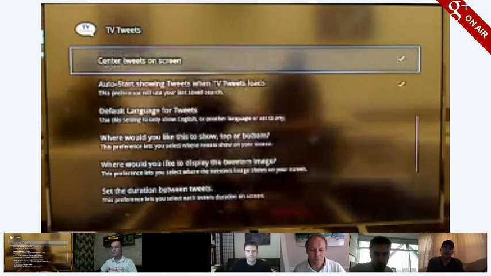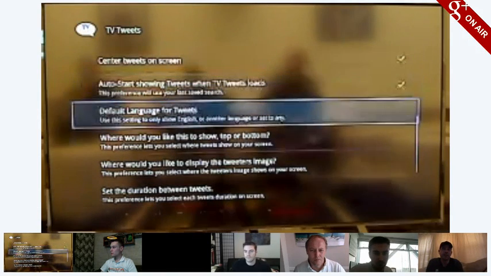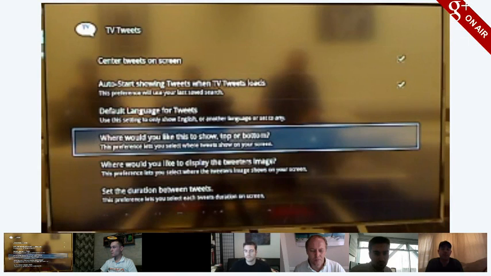That box for the center tweets on screen is for, if someone sends out a tweet with just one word on it, and their image is all the way to the left on top of your screen, the tweet's going to show all the way up on the left instead of being centered. So you have that option of just keeping your focus on the center of the screen, or if you want your eyes to be all over the place, trying to read their tweets, which are on the right or left. Right. So it's horizontal centering, not full centering. Right. Yeah, this checkbox here.